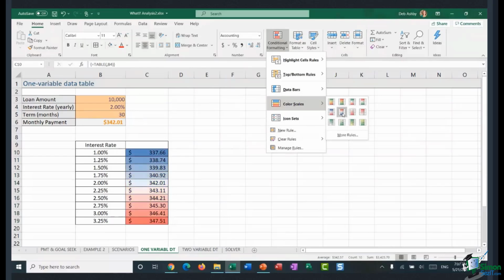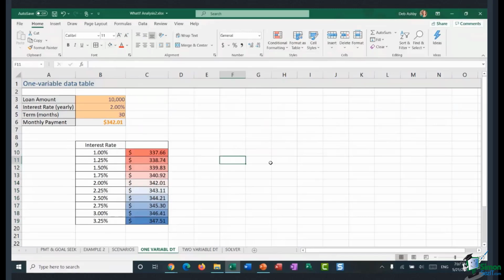Again, you don't have to do this, but it's quite a nice way of representing the numbers in your data table. In this selection, the highest number is in red and the lowest number is in blue. So it just makes your data look a little bit more interesting. So that is how you would use a one input data table.